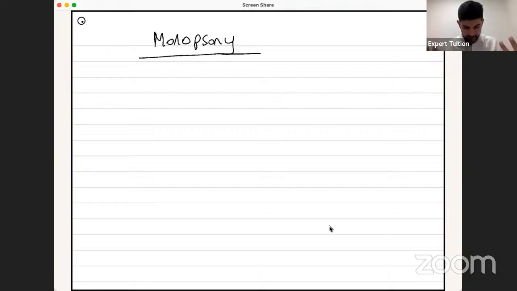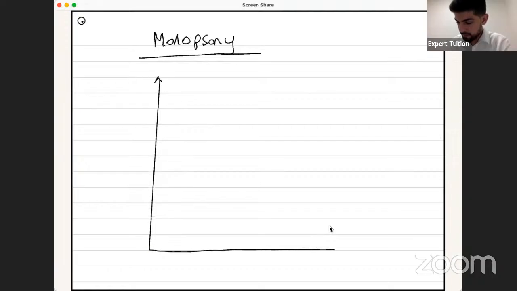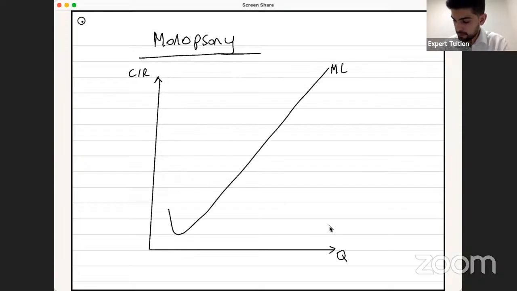Very interesting things happen when you look at the diagram for a monopsony, or the impact of a higher degree of monopsony power from the perspective of the monopsonist. So let's draw it. As always, I want you guys to draw a nice big diagram. Quantity, cost/revenue, MC. So again, step 1, MC. Step 2, we're going to draw AR, which is equal to